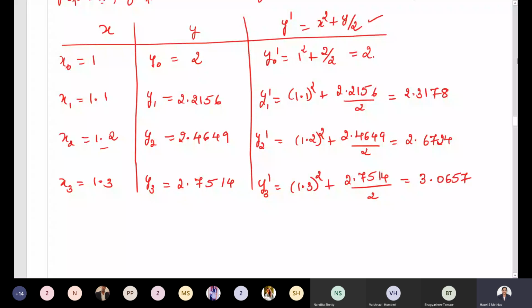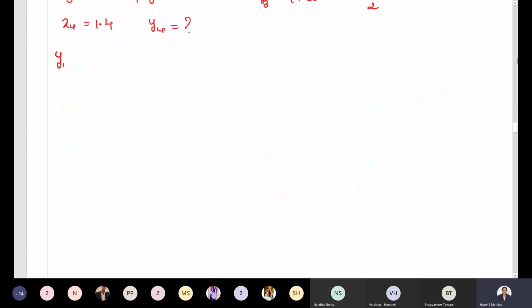See here, you have the corresponding x and y values which you need to substitute in y dash. So that time we will get y0 dash, y1 dash, y2 dash and y3 dash. Now we need to calculate for a corresponding value of x4, what is the value of y4. And they have asked us to use Milne's method. So we shall apply Milne's predictor formula. What is Milne's predictor formula? It is y0 plus 4 times h by 3 into 2 y1 dash minus y2 dash plus 2 times y3 dash. So this is Milne's predictor formula.